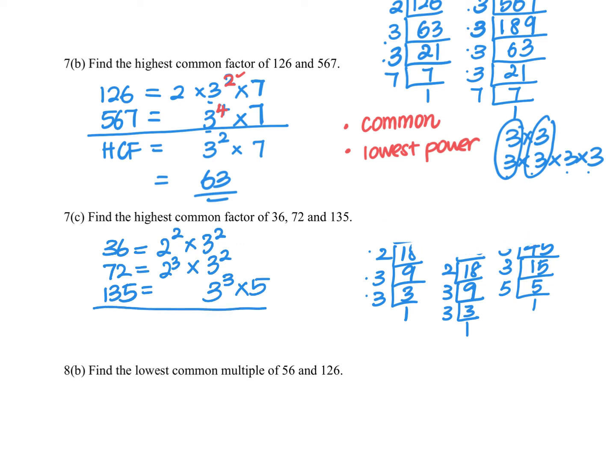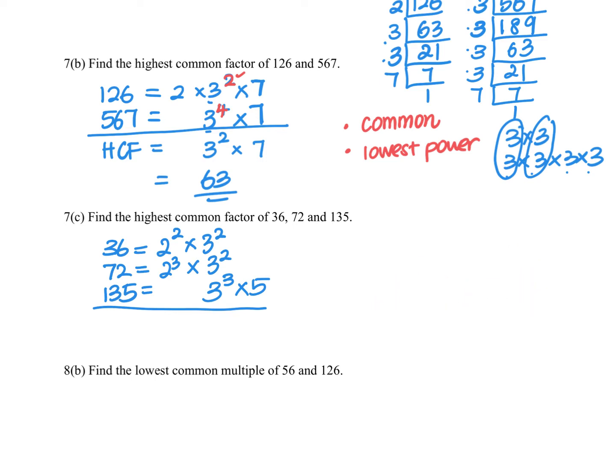In exam, if you are able to use your calculators well, you may not even need time to write this working. But please indicate down here, I'm looking for the highest common factor. Let's take a look. Out of all these 3, 2, 3, and 5, which is the factor that is common throughout? I will have 3. Then which power should I choose? I have 3 squared